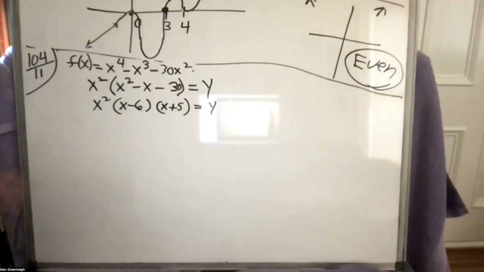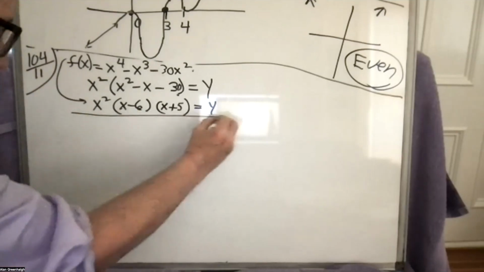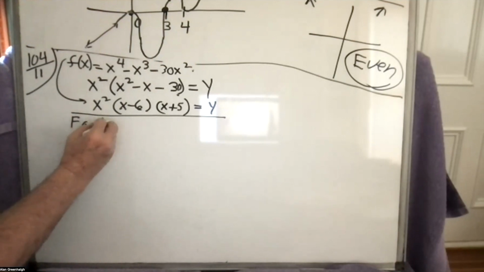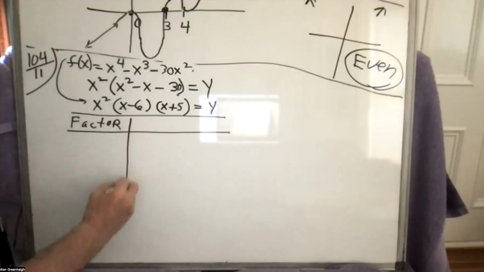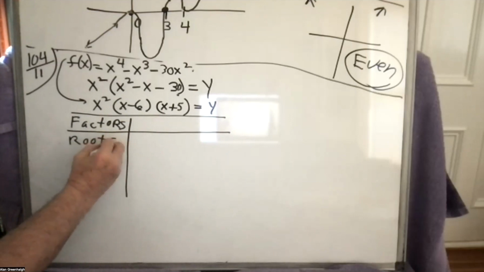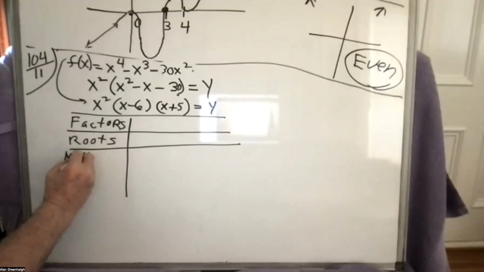So actually, this is a little more work. We do our chart. That's the power of the chart. It allows us to put our thoughts in order. The factors, the roots, the multiplicity,